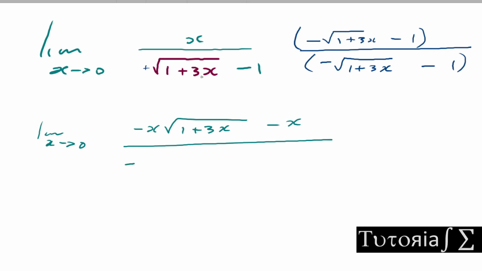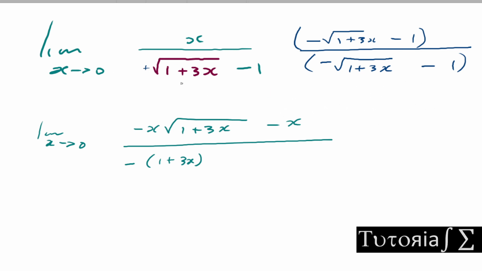Since they have same bases and their power is half, so what will just remain is 1 plus 3x. Okay, this is indices, same bases. This is x, 1 plus 3x, 1 plus 3x, and the root is just to the power half. So this is something as 1 plus 3x to the power half times the negative of 1 plus 3x to the power half. And when you have similar bases, the powers add, so you just remain with +1 there. All right, so